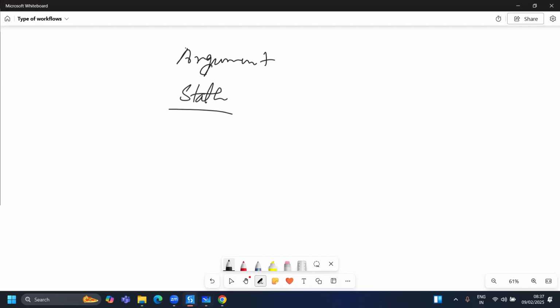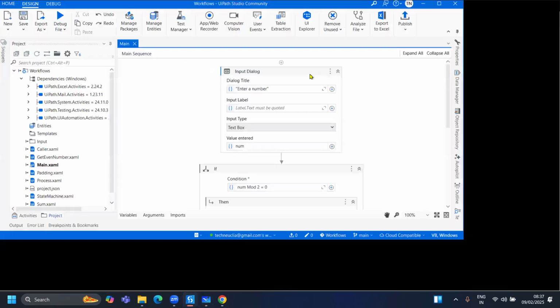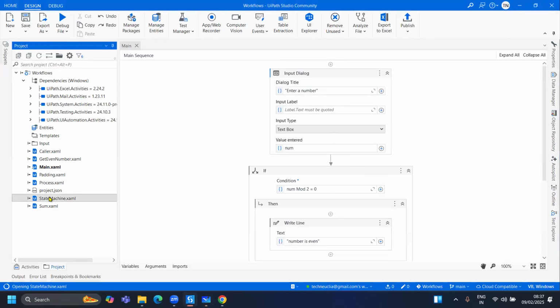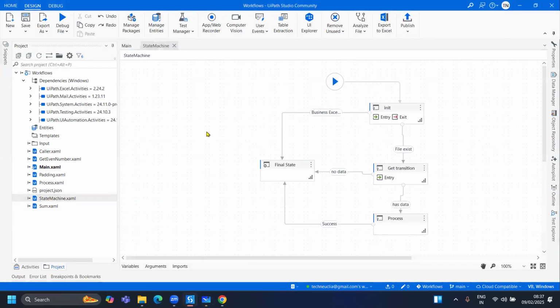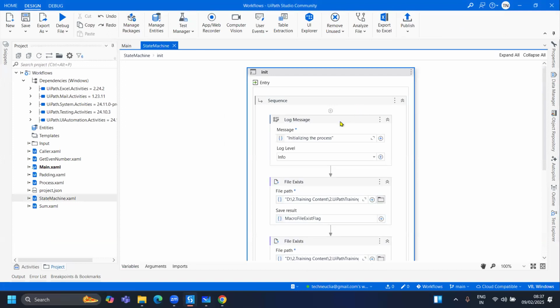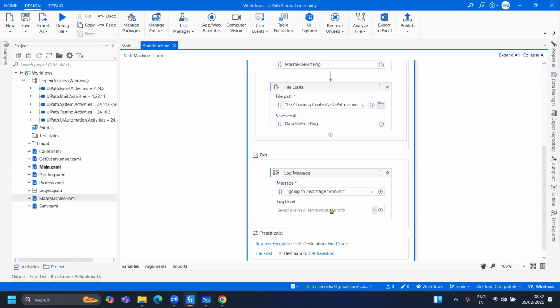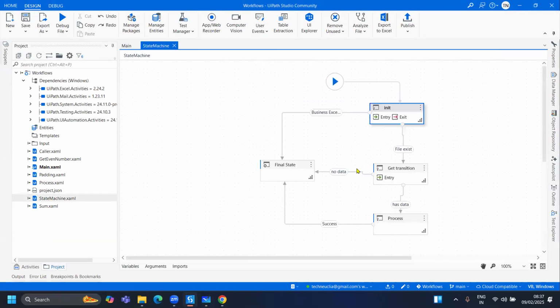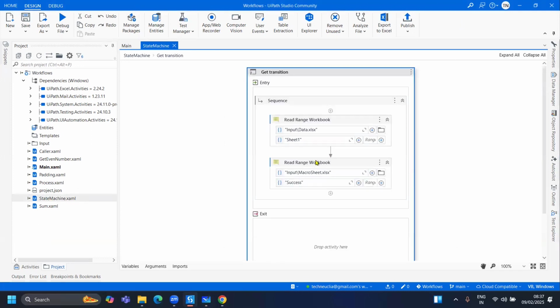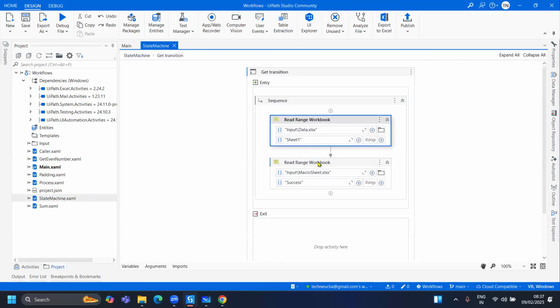So we have UiPath over here now. Till now what we have covered: we have created a state machine. This is how our state machine looks, which we created in the previous session. In it, we are checking whether we have the file or not at this location. If we have the file, then in get transaction, I'm reading those files. There is a step missing, which is moving this file,